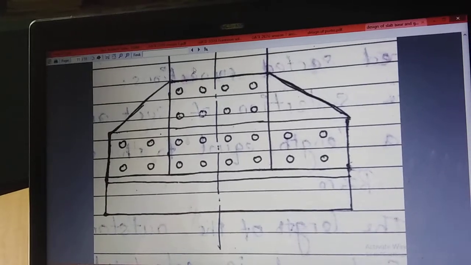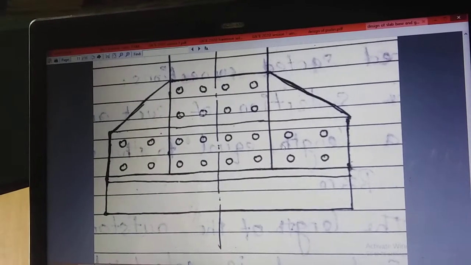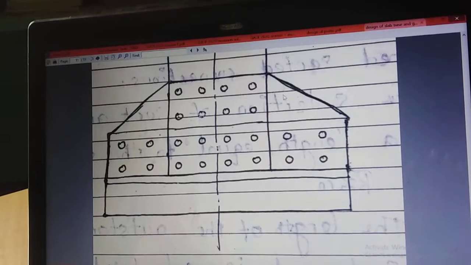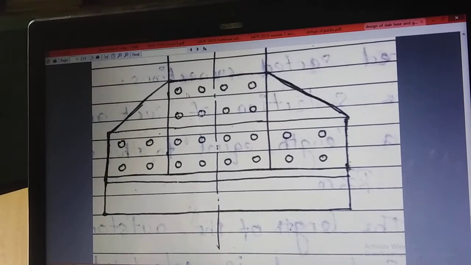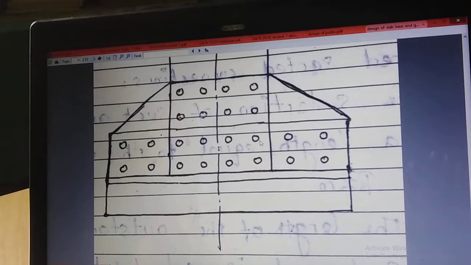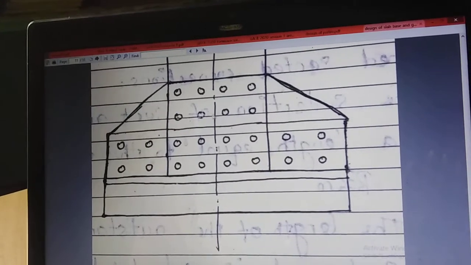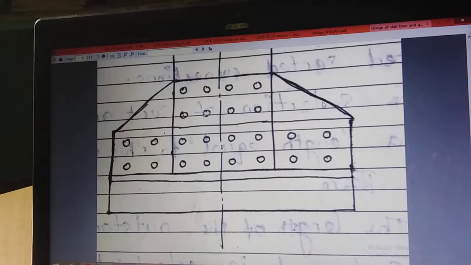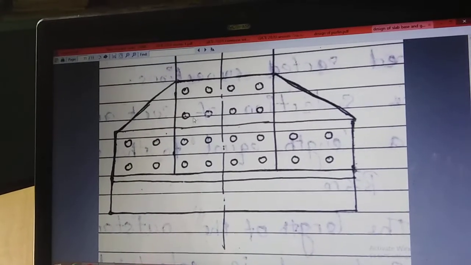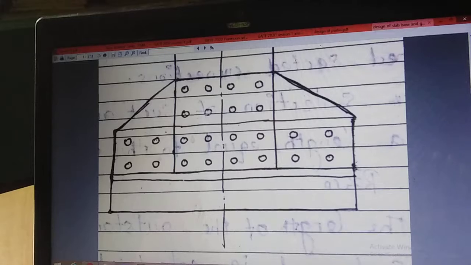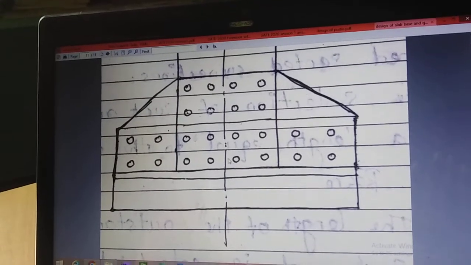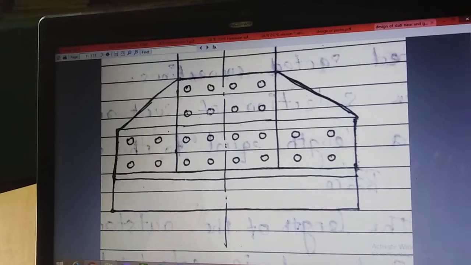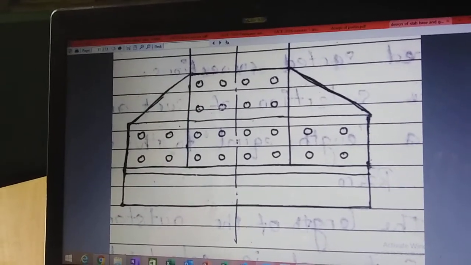This is the column, this is the gusset plate. Number of bolts connecting gusset plate with column is 16, that is 4, 4, 4, 4, which is 16. Similarly, the same number of bolts are provided to connect the gusset plate with the gusset angle. That is 1, 2, 3, 4, 5, 6, 7, 8 plus 8, which is 16. 16 bolts are used to connect the gusset plate with the gusset angle. Thank you.